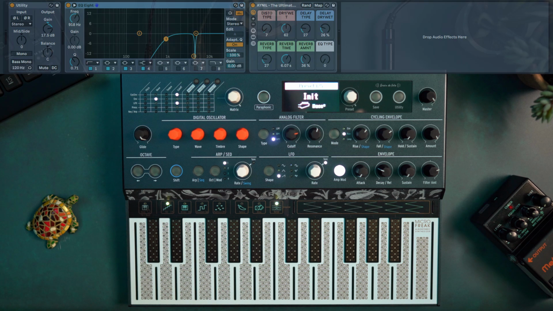So I like when it's taking longer, for example, to go up and then to go back down. And yeah, that's pretty much it. That adds a nice ride. So now if I add some effect,